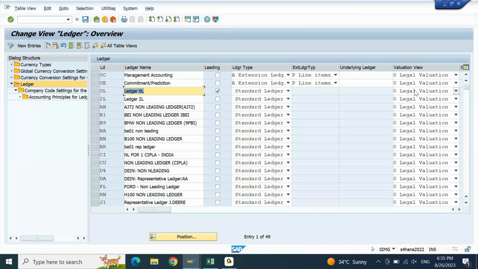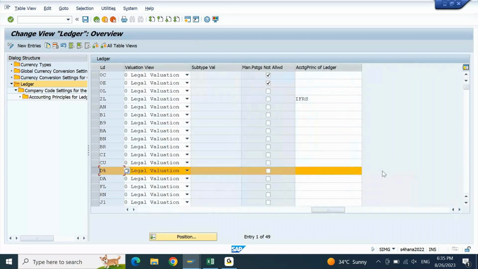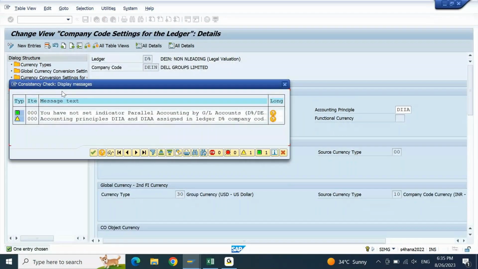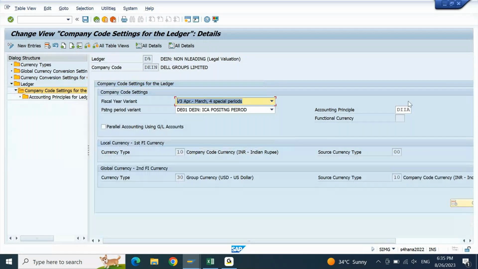Next one, we had non-leading ledger. Our non-leading ledger is D percentage. Let me check for D percentage if there is any accounting principle. There is nothing. Select company code settings. Inside the company code setting, there is one more accounting principle. Remove this from here. And here I will be assigning one accounting principle which I am going to use